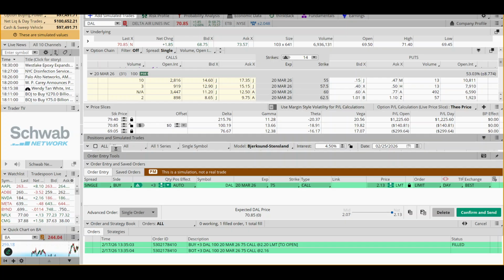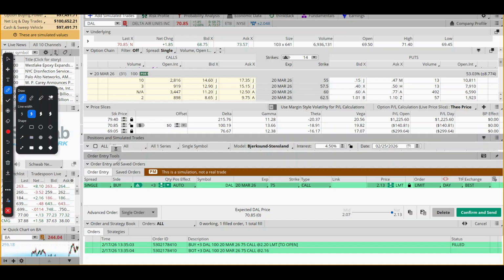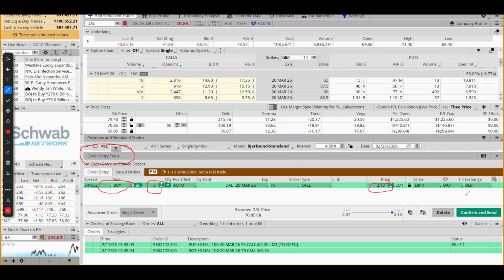Now I have, where's my drawing tools? So I'm now in order entry, you can see here, and I said I'm going to buy 3 contracts for $2.13. That will be a limit order first thing tomorrow, good for the day. Okay. Now, what do I want it to do? I want it to trigger something. So you can see I've got all these different ones, but the easiest one is this first one, first trigger